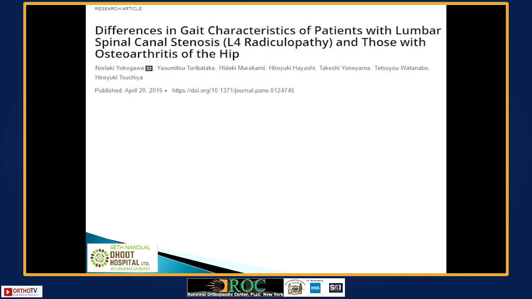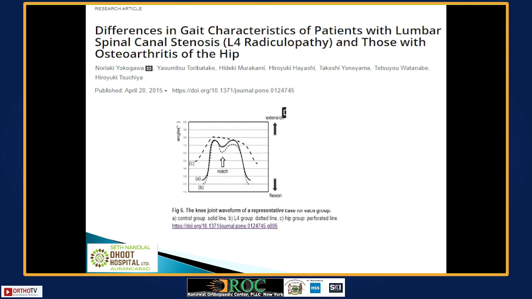Again, there is another good paper which differentiates between the gait characteristics of patients with lumbar spinal stenosis and OA hip, and in the study, the ultimate conclusion is in this waveform where there is a deep notch, which we found in